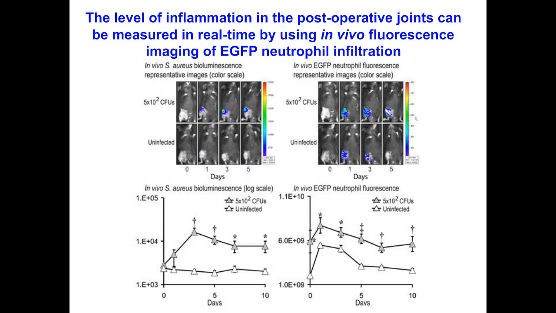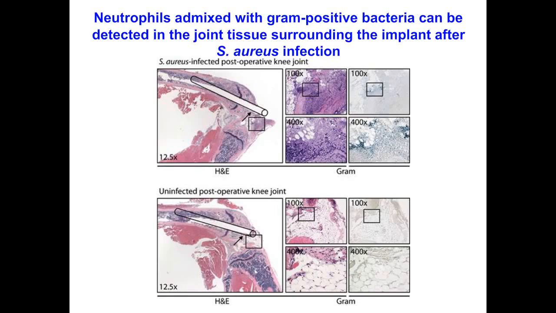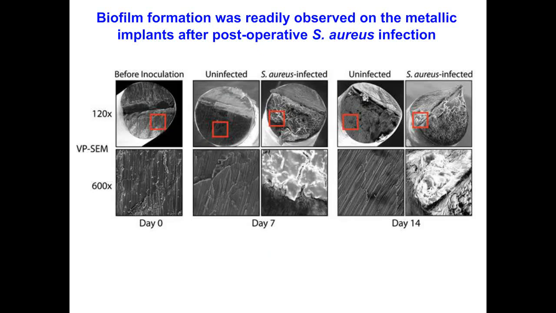And then variable pressure scanning electron microscopy showed us biofilm formation on infected pins, whereas you see sheet metal on the uninfected pins that are clean, no bacteria formed on them. We used the quantum FX to look at the cross-sectional analysis, and these were really beautiful images that helped us